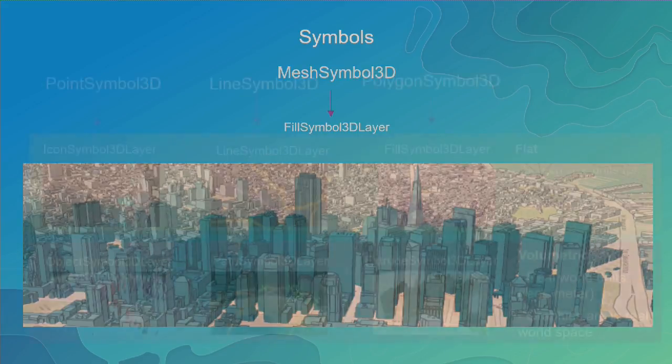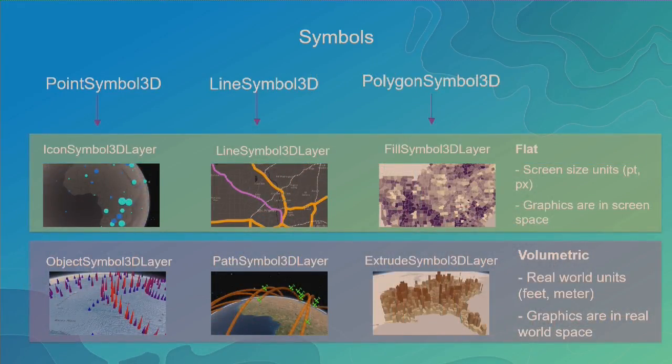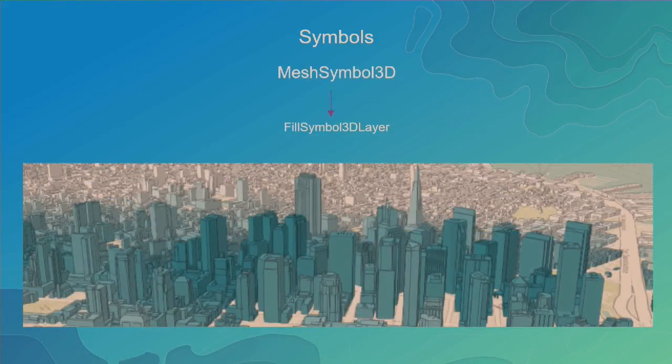And if I go back to the previous slide, I just wanted to point out that the polygon symbol 3D can also take the same symbol layers as the point symbol 3D. But again, it has to match the geometry type. So I can apply icons or objects to my polygons. And that's what I demonstrated to you in the sandbox just a few minutes ago. And so if I switch back over to my machine,